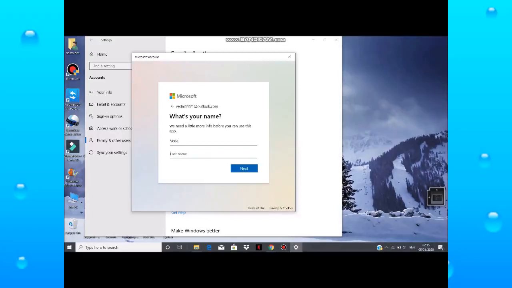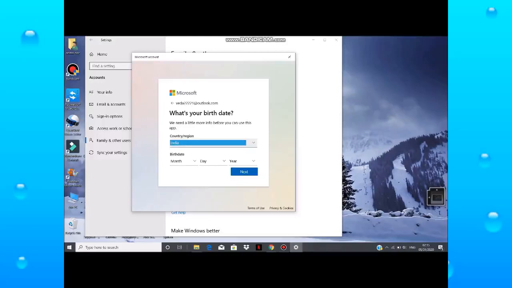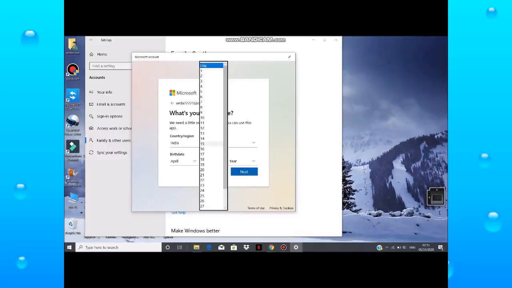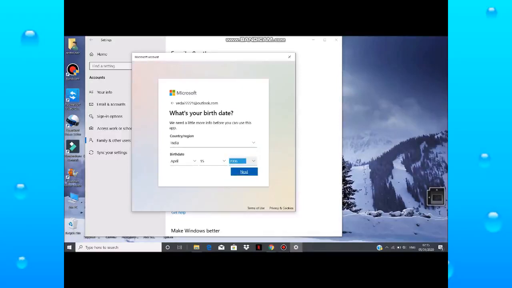Enter the last name. Click on the next button. You have to enter the country India, then the birth date. Click on the next button.